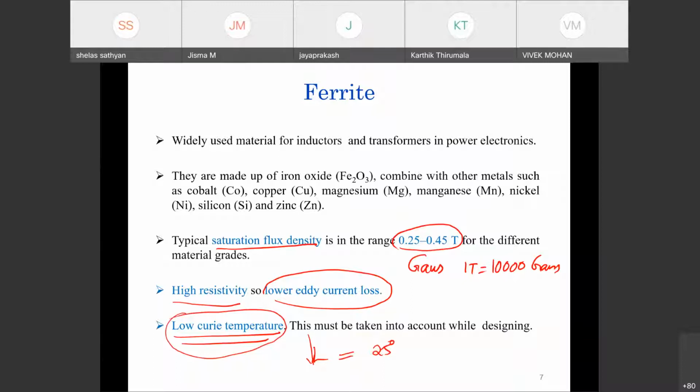You may feel it's quite high, but even if you reach up to 100 kilohertz, 100 degrees or 80 degrees, the magnetic flux density reduces considerably. So for a high temperature application, you cannot use a ferrite core. If you are using a ferrite core, you have to be quite careful while fixing the maximum flux density which is required for your application. We will see those things in an example.